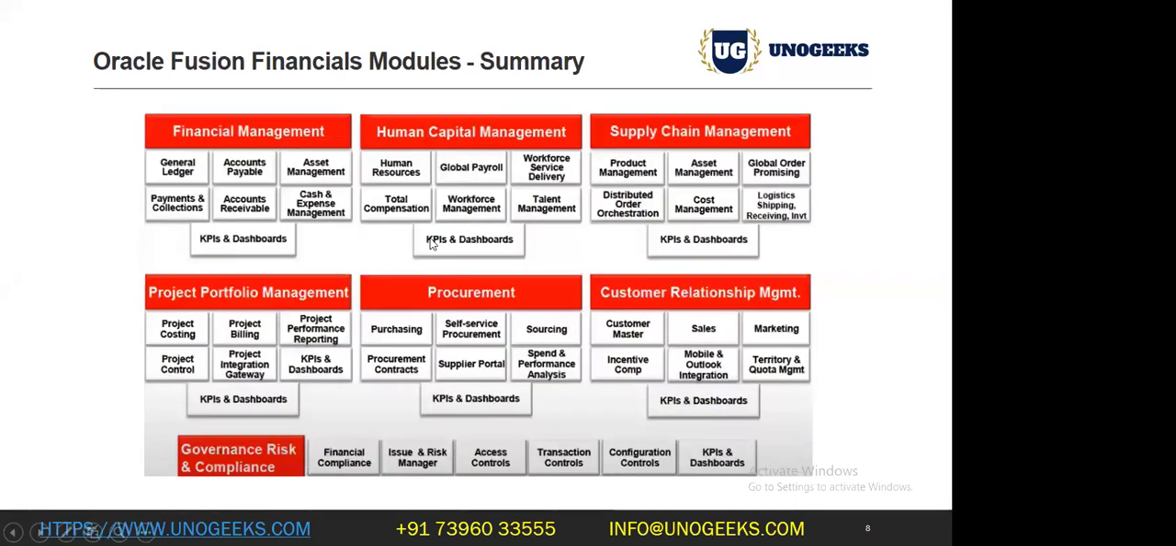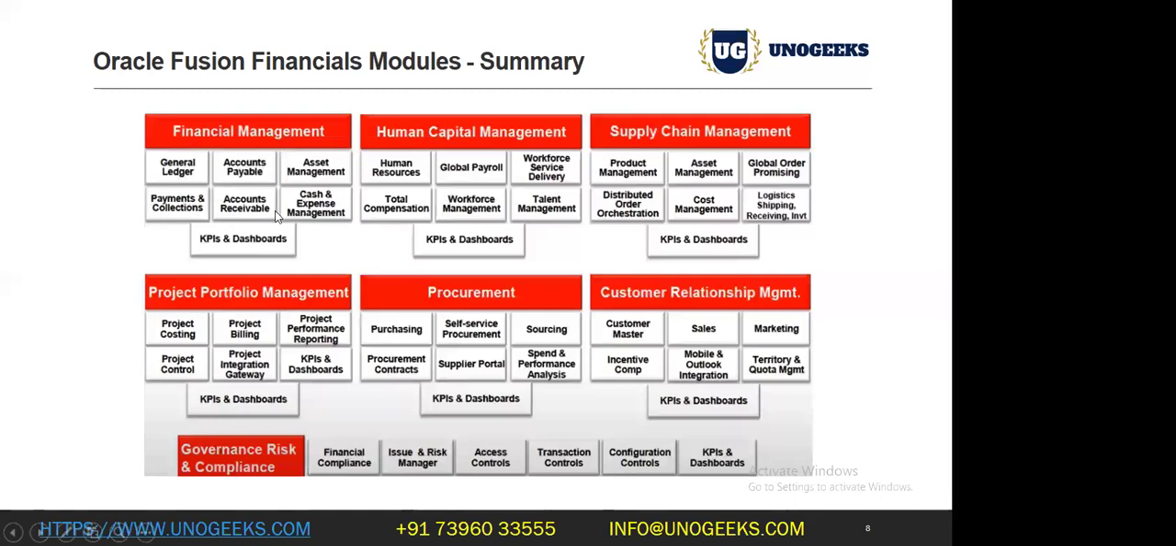This is one of the important areas to understand: the Oracle Fusion Financials module summary. As I mentioned, there are different offerings. Financial management is one of the offerings. Human capital management is one of the offerings. Supply chain management is one of the offerings. Portfolio management is one of the offerings. Procurement, CRM. These are all different offerings provided by Oracle, out of which we are going to discuss